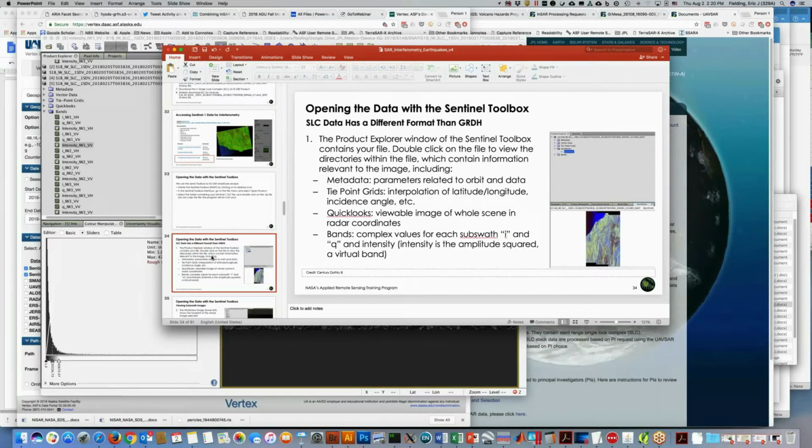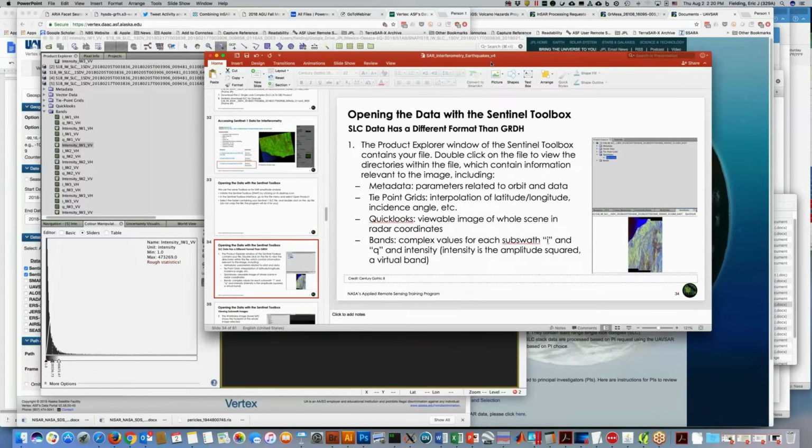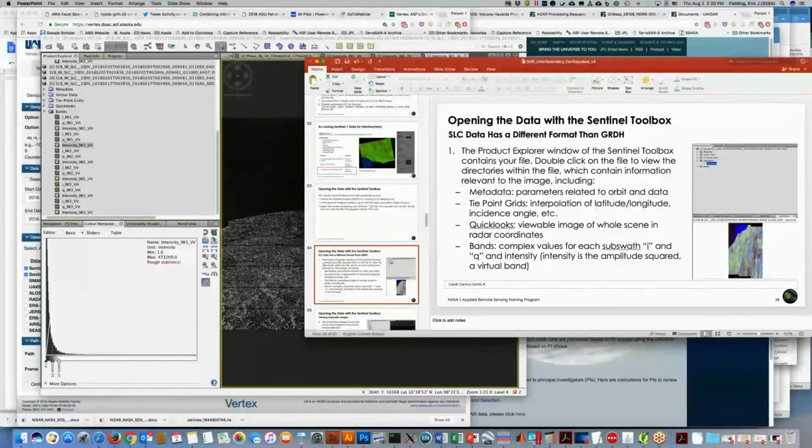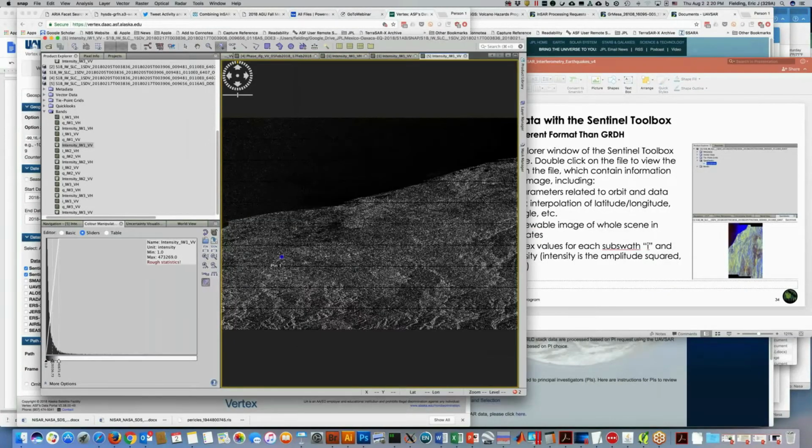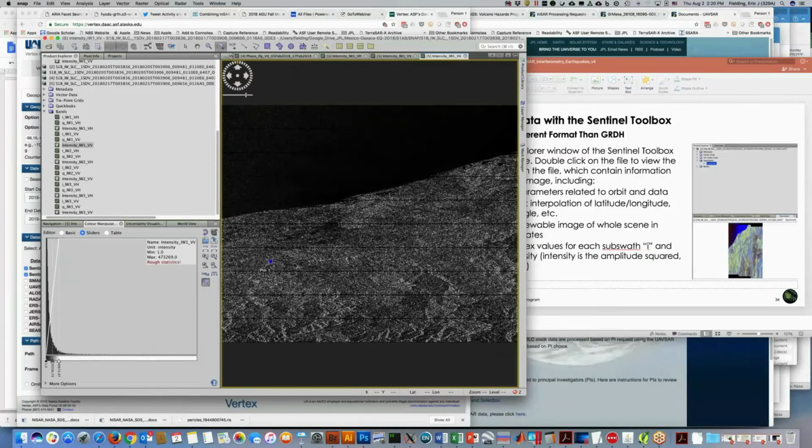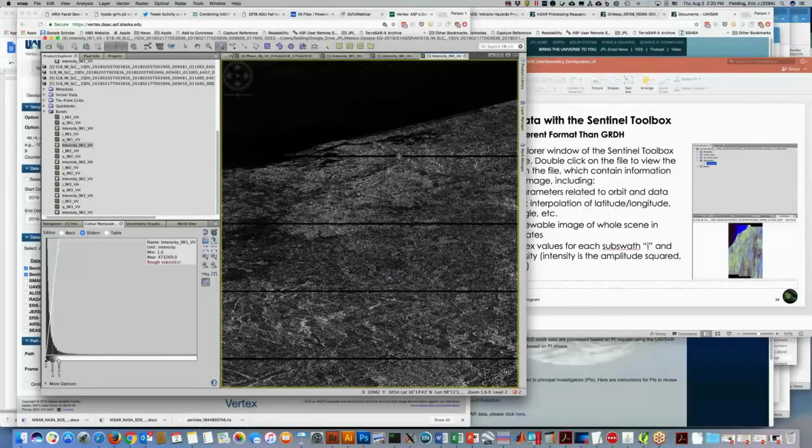You don't need to worry about those, but with interferometry, we're looking at the single look complex images, which are separated in the subswaths. If we zoom in on this image, you can see there are these black lines here, and that's where,